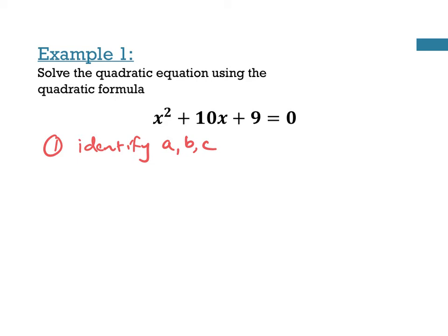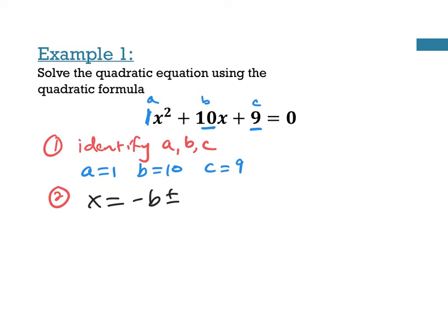And so if I list what my a, b, and c value is, a is in front of x squared here. So since there's nothing in front, we have to assume a is 1. B is in front of x, so that's our b value of positive 10, and c is the constant term there, which is positive 9. So we have our a, b, and c value there listed. Second step would be plug it into that formula. So the formula is negative b plus or minus the square root, b squared minus 4ac all over 2a, and